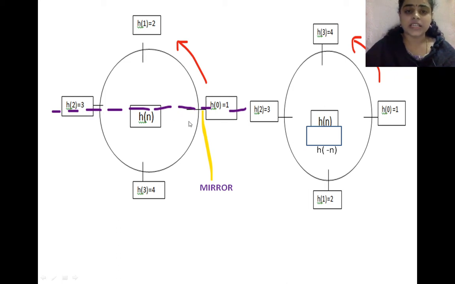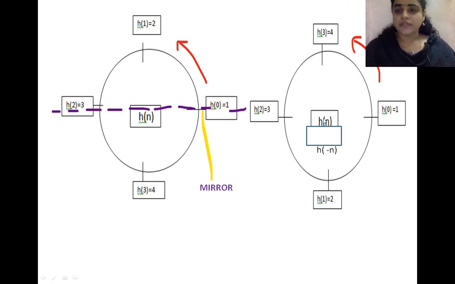Placing a mirror horizontally. So whenever you place a mirror horizontally, what will happen? If you take an object and place your mirror perpendicularly to it, you can see the image upside down, okay. So that's why the sequences, or else the signals on the horizontal line, will remain unchanged. Okay, only these two points will get interchanged. Like this it will come. This is the one.